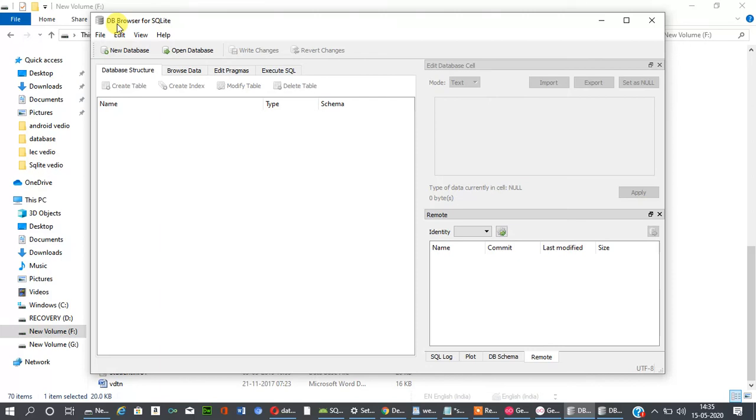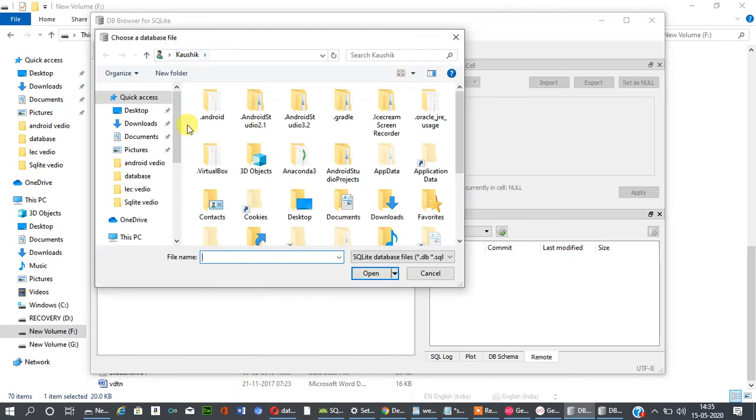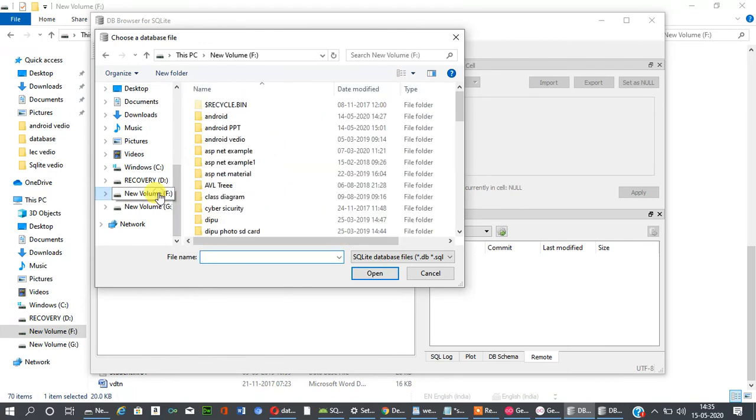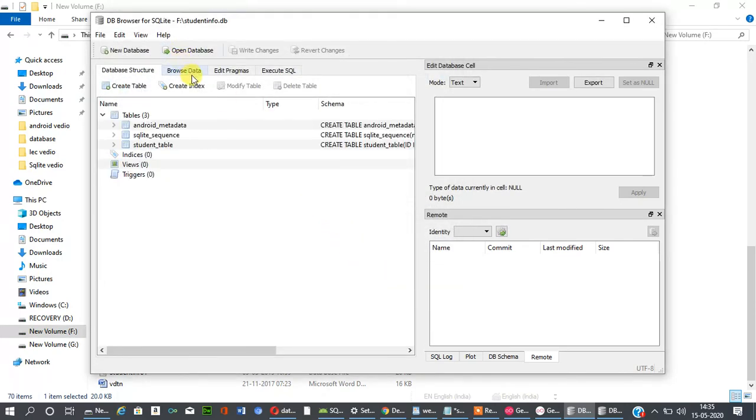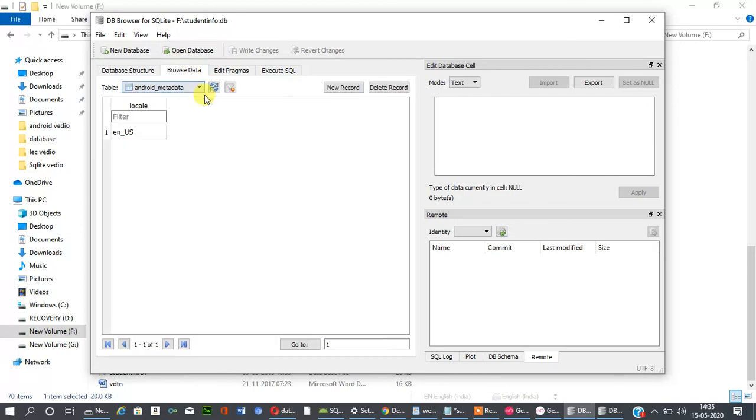Now open this database, click on Open Database, click on F drive and select your database. Our database is studentinfo. Open it, click on Browse Data, and in this you are able to see the table. Click on your table, and like that you are able to see your data.